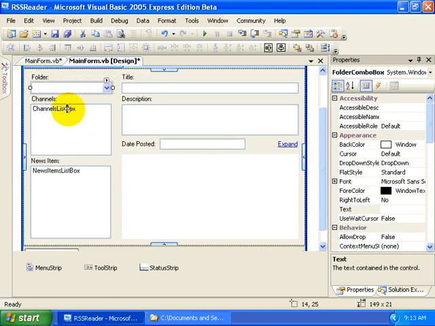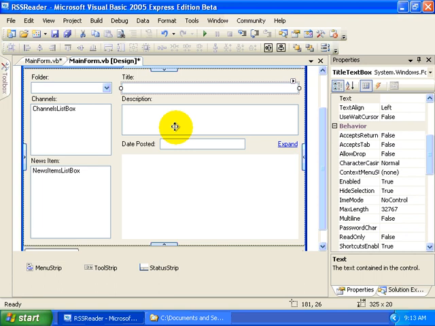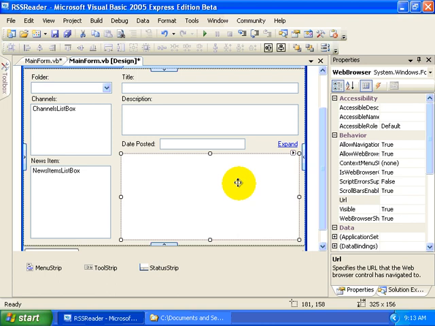For the folders, we're going to display the channels that are associated with them, and by selecting a channel, we want to display the given news items, the news items that have been retrieved for a given channel. By selecting a news item, we're going to display the news item's full title, its description, the date it was collected or posted, and then we're going to actually go to the URL or the link and display that